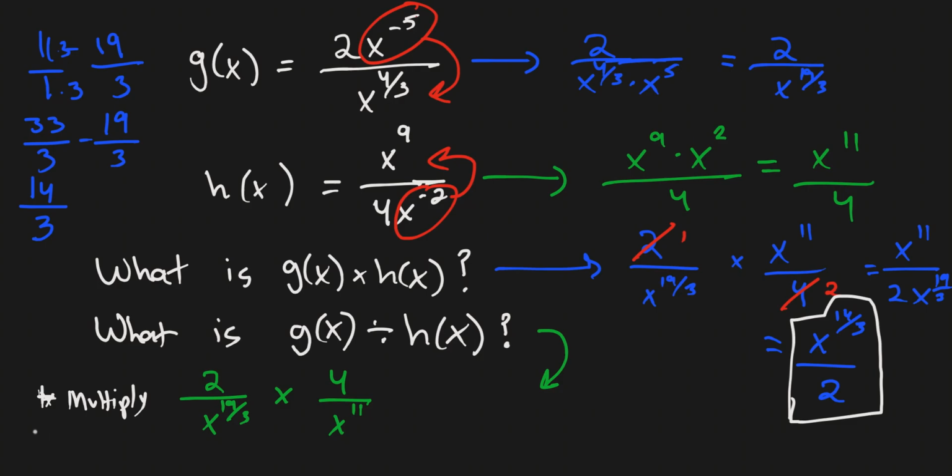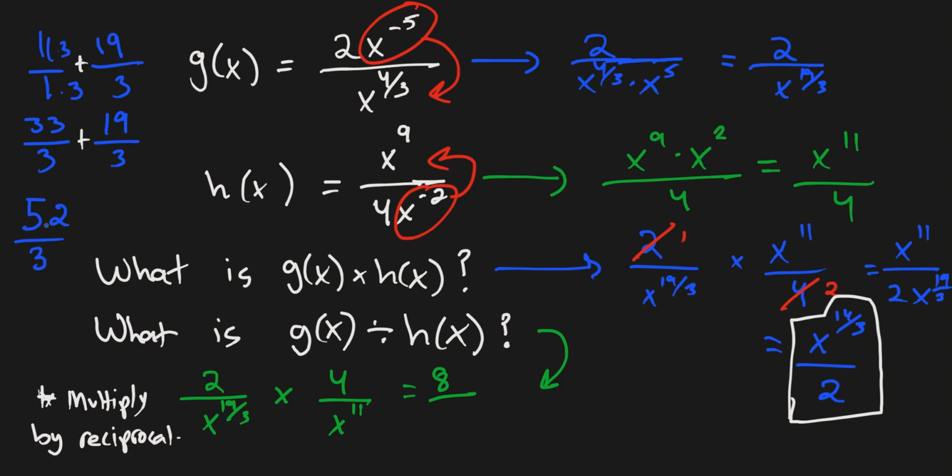Multiply by reciprocal. So this would make it like this. Then we have 2 times 4, which is 8, over x to the 19 by 3 times x to the 11th. So this just becomes 19 by 3 plus 11. Here we did 11 minus 19 by 3. If we change this negative to a positive, what happens? So this is just positive. So we just have the same thing, except we have 33 plus 19, which is 52